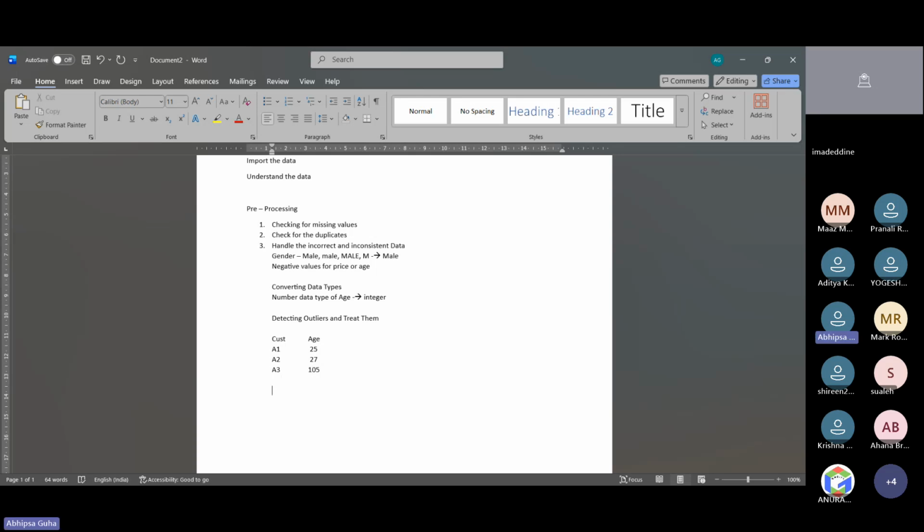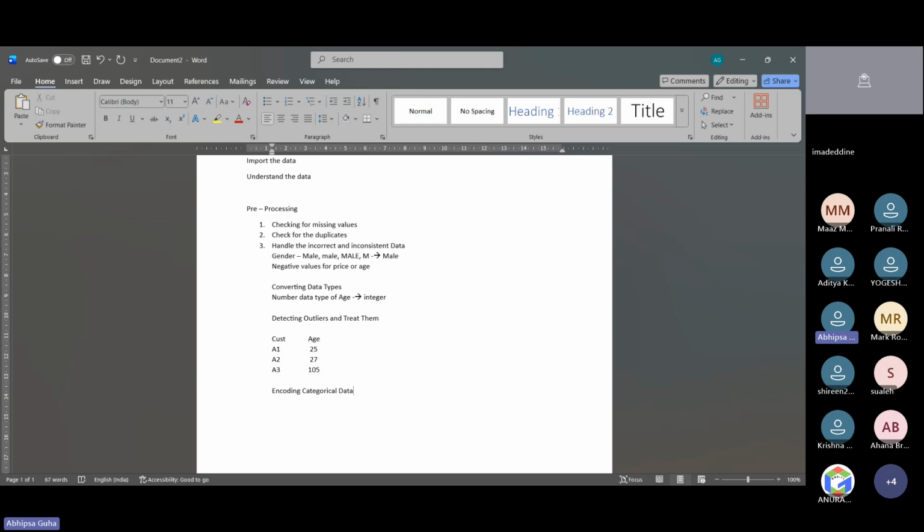Next, encoding categorical data. So we need to encode the categorical data. Like if we have a column with text categories, like gender, maybe male and female, right? Or maybe true or false, this kind of data.